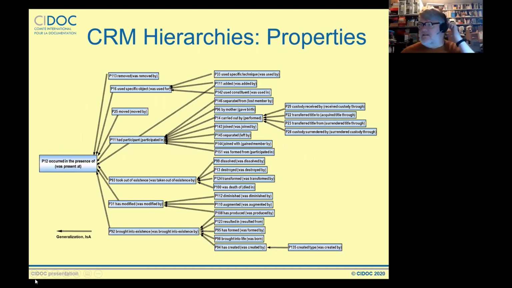So here is the properties hierarchy around P12 occurred in the presence of. So this is general participation. I'm going to come back to this again in a little while, so I'm not going to drive into it in any detail now, but you can see that